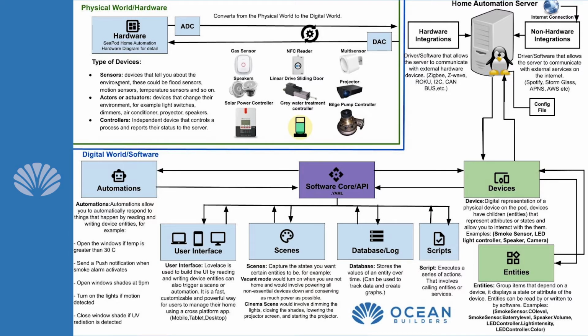For example, sensors basically tell you about the environment. These could be flood sensors to detect water floods, motion sensors, temperature sensors, etc. Then actuators and actors are devices that change the environment, like light switches, dimmers, air conditioner, projector, speakers. Then we have controllers, which are devices that control the process and then report the status of things to a